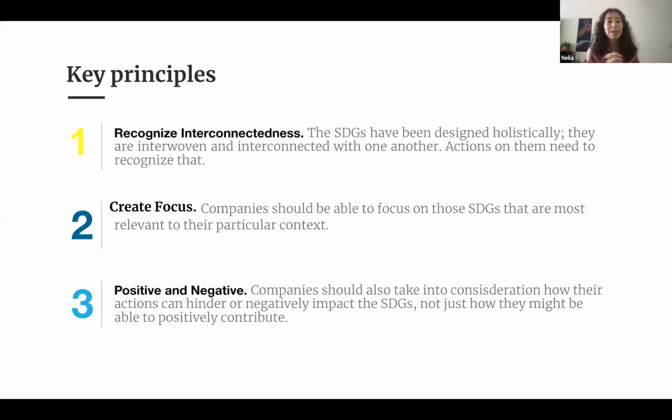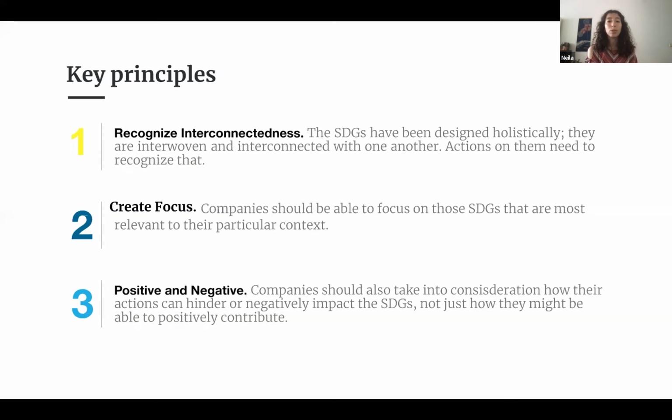The second principle is to create focus. The tool was built to help companies to focus their efforts on certain SDGs that were the most relevant based on their approach, whether it's about the business model or the theory, the principles, or the impact that the company choose to have on society. So the tool is helping to recommend certain SDGs based on your sector, but also for you to assess and better understand your contribution, and to choose with also maybe other assessments and some support, the SDGs that you want to really contribute to.